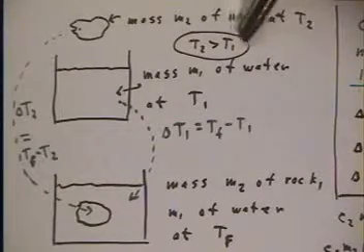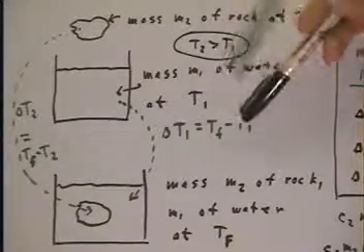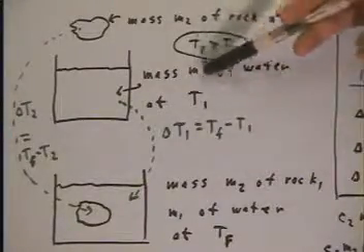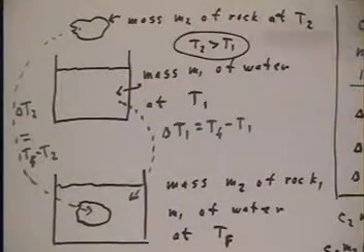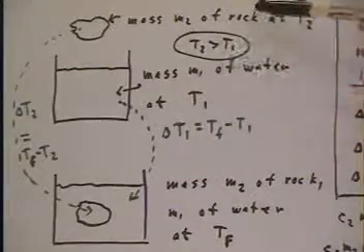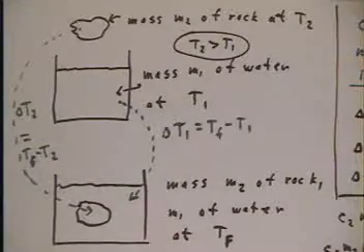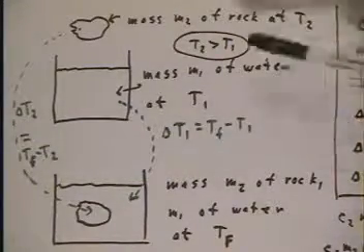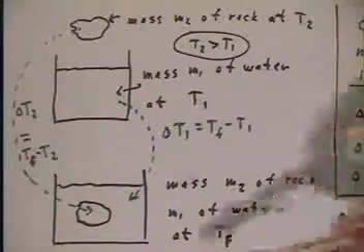Well, if T2 is greater than T1, that is, the temperature of the rock is greater than the temperature T1 of the water, water has mass M1, temperature T1. Then the water is going to come to a higher temperature. The rock is going to lose thermal energy, and the water is going to gain thermal energy. We're going to end up with a mass M2 of rock and a mass M1 of water,